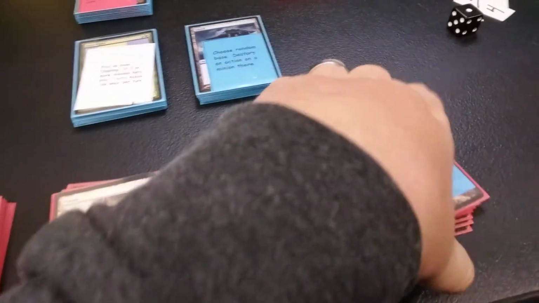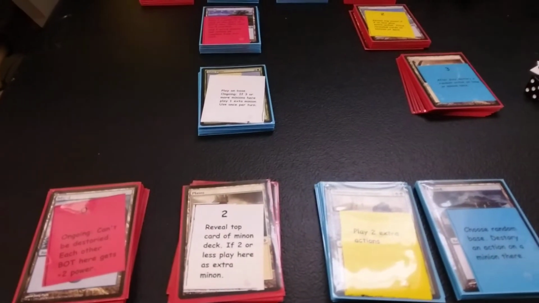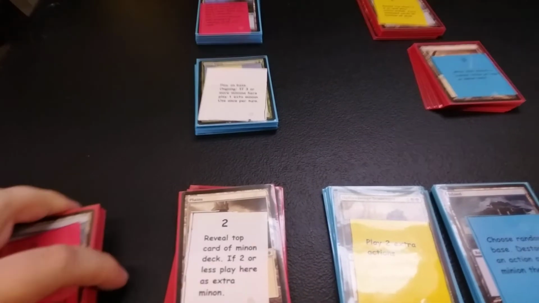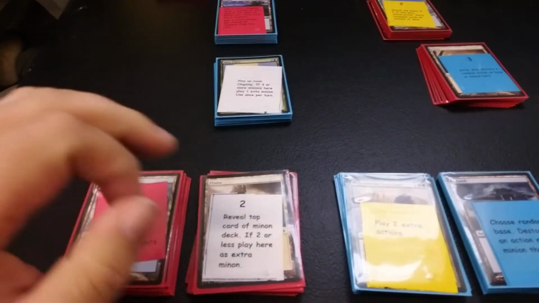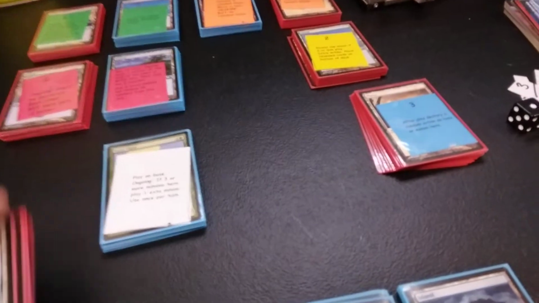Oop, what? That's the wrong one. But anyway, you have a lot more variety, and I did the math there. If you mix it up with the bots, where you have random minions and random actions spread across the 6 different bot factions, you can get over 100 combinations